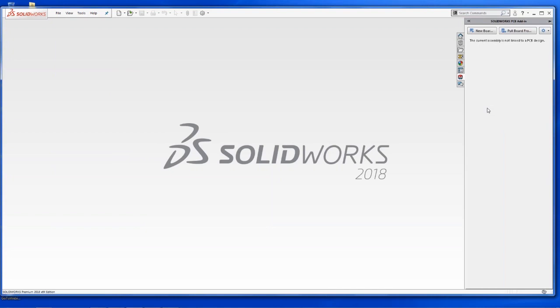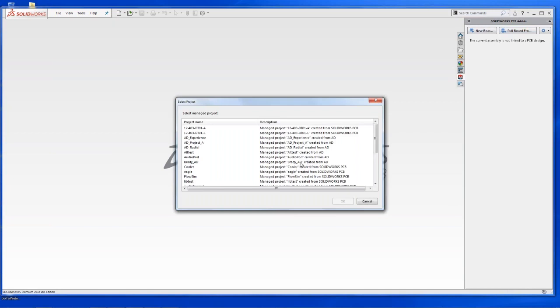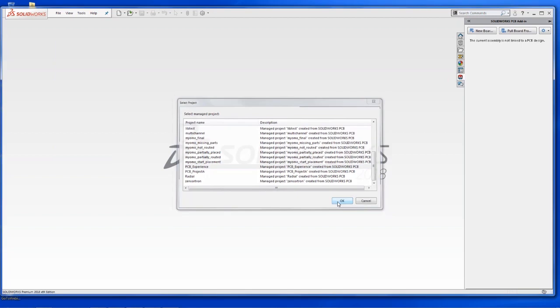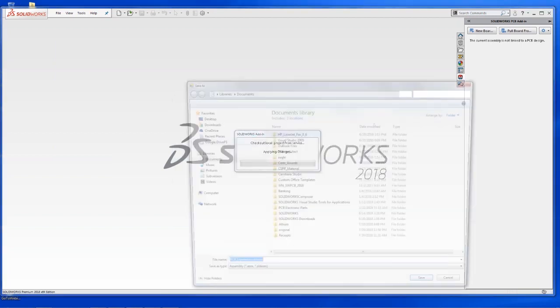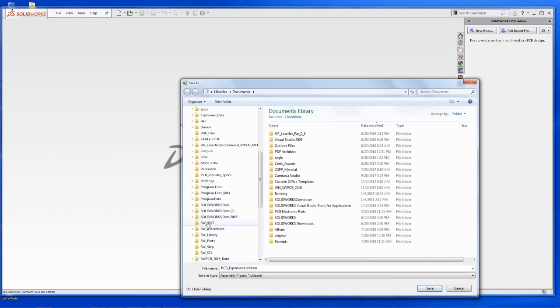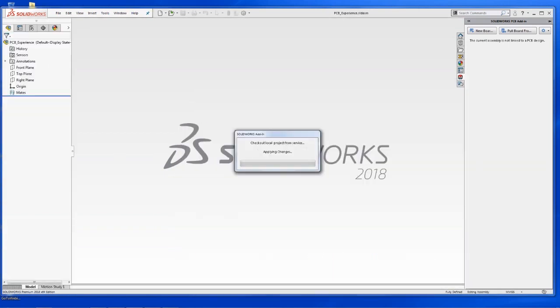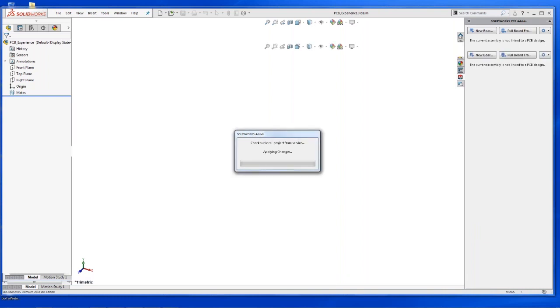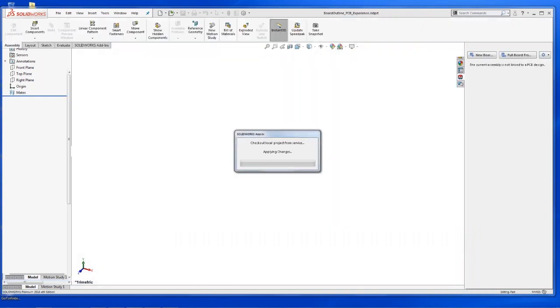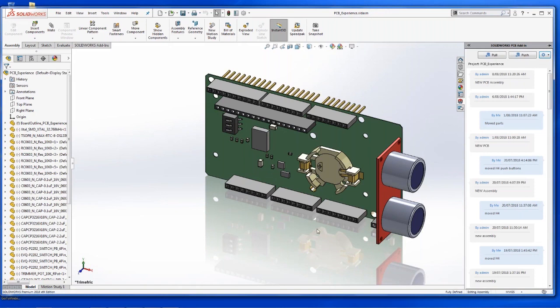By clicking that panel, you make your connection to the database, and we do what's called pull board. So by pulling board, we're actually looking in the database. We're seeing multiple projects that we can now create SolidWorks assemblies from. We knew we were working on PCB Experience. I've got to save my file. And now SolidWorks is going to create its normal SolidWorks assembly structure. I've got the high-level project name, and I've got subsequent SolidWorks part models for all of these components in a